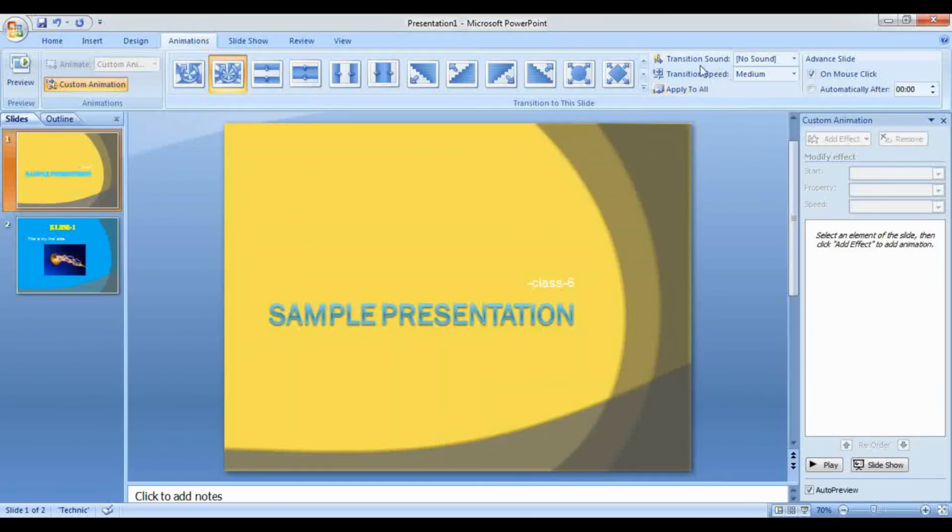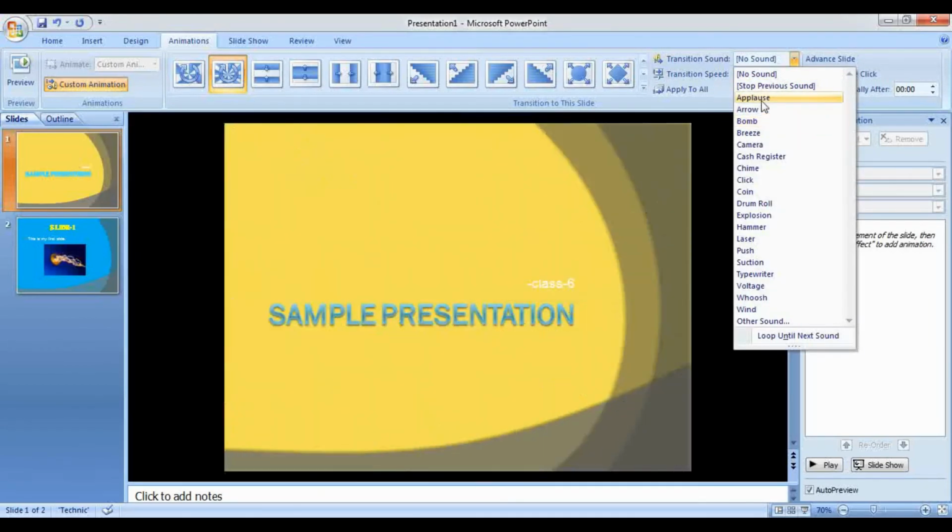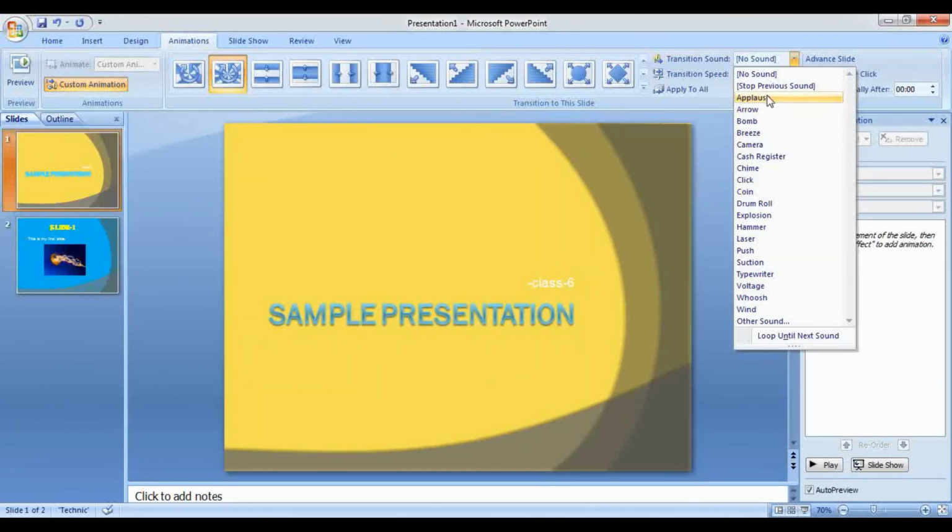Then you can also add transition sound. So when you click on this, just add a transition sound. So along presentation, when the slide gets changed, along with changing slide, the transition will appear with a sound.